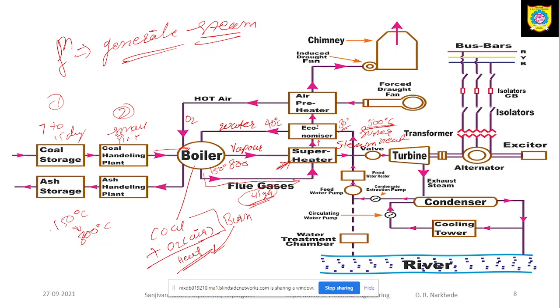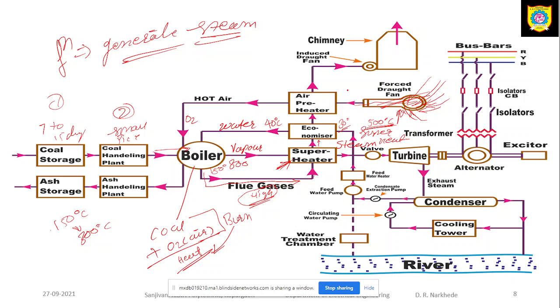Next, I pass these gases through the air preheater. The air preheater is the third stage device. For burning, what do I require? I require oxygen, and that oxygen is supplied by the surrounding air. But how is that air fed to the boiler, because the boiler is a closed thing? So I use a large draft fan. This fan takes the air from the surroundings, collects it, and then forces the air into the boiler.